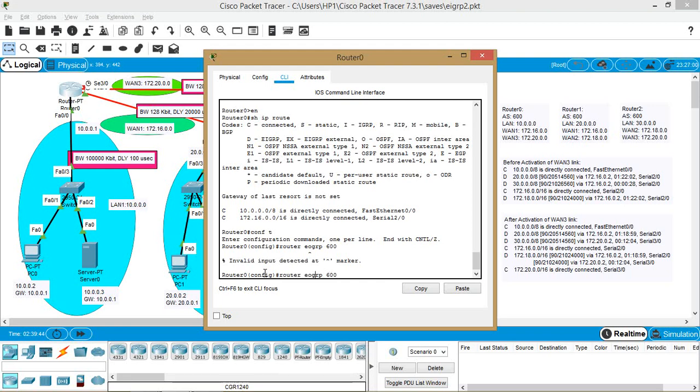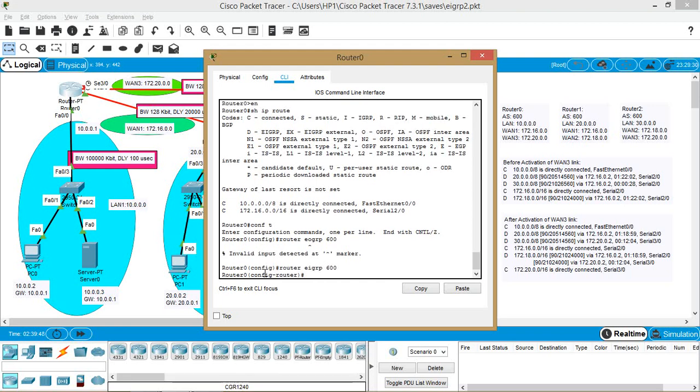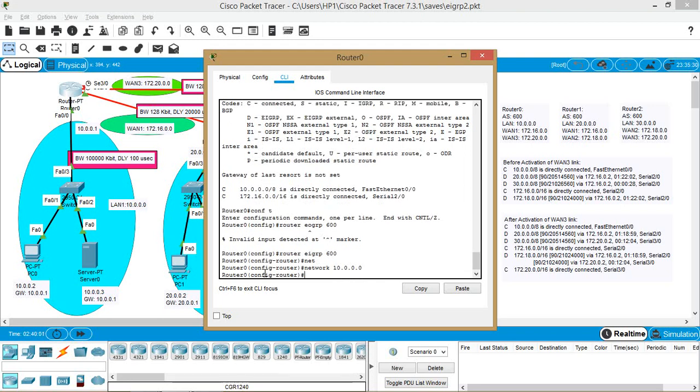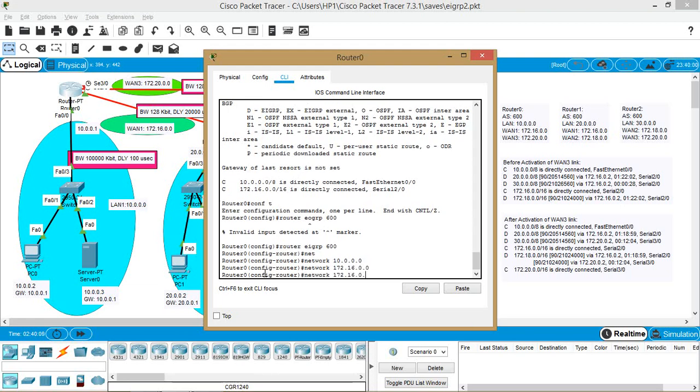Router EIGRP 600. Fine. Now next we have to advertise the directly connected networks with the network command, network 10.0.0.0. Similarly, the second network on this router is 172.16.0.0. The third network on this router is